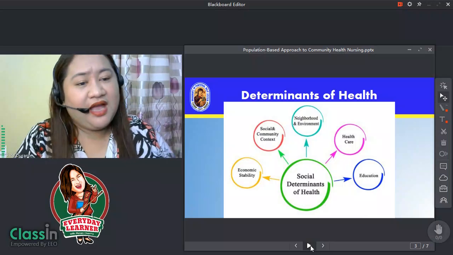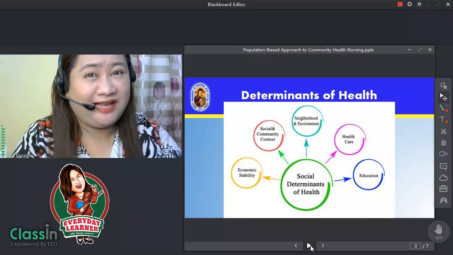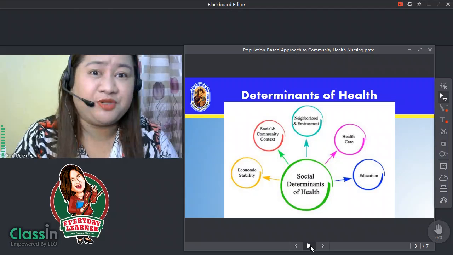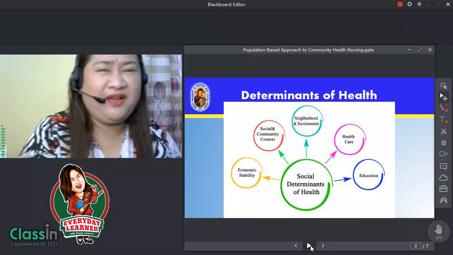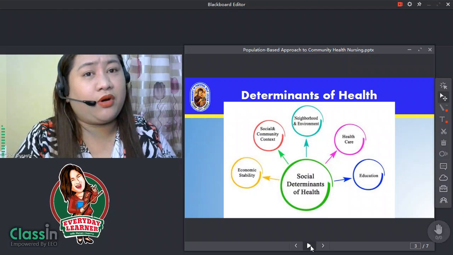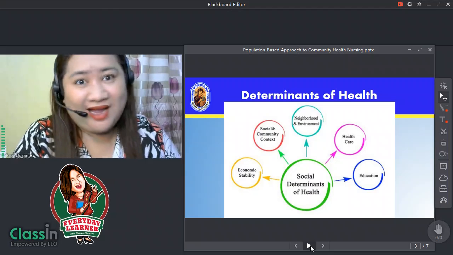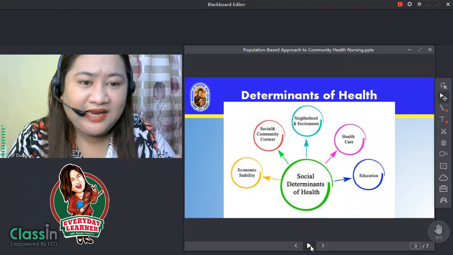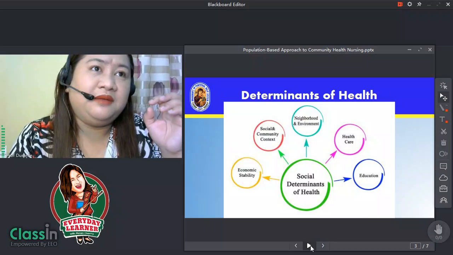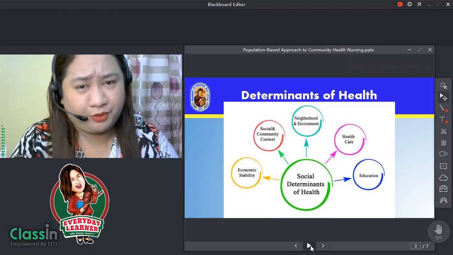access to health. Another is education. So your educational attainment somehow affects your perception of health. So what is healthy? Do you believe in, let's say, superstition, or do you believe more in science? So this actually affects how you view health. So technically, all of these things are considered when we talk about a population-based approach in community